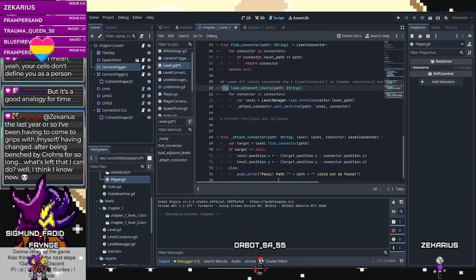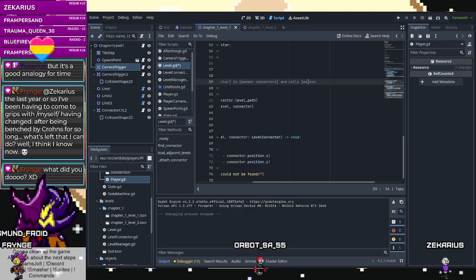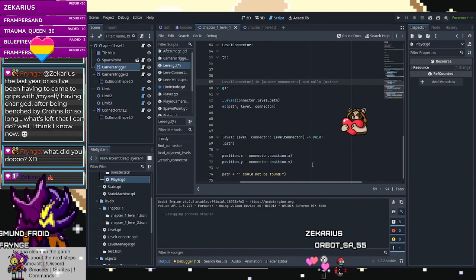Why is it function here, but method here in the documentation? I don't know why it's called method here. But yeah,